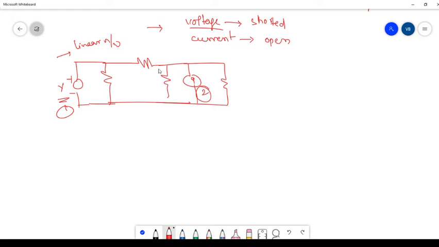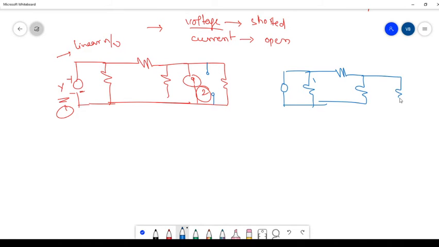So if we want to calculate, first we consider only the voltage source. At that time we need to eliminate the current source. How do we eliminate it? By opening it, so there is no connection of a current source. That circuit will become a voltage source, a resistor, a resistor, and lastly another resistor. So the current source is eliminated, and the individual source is acting alone. Next, while considering the current source, we need to convert the voltage source. How are we going to convert the voltage source?